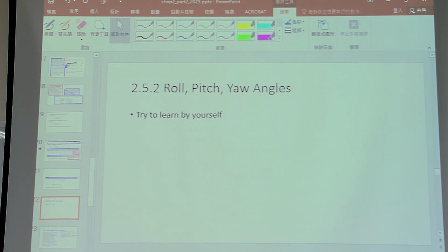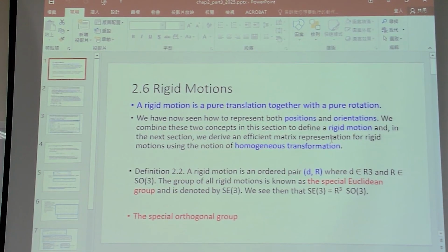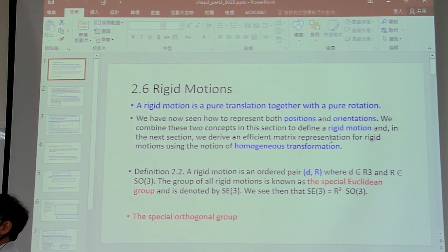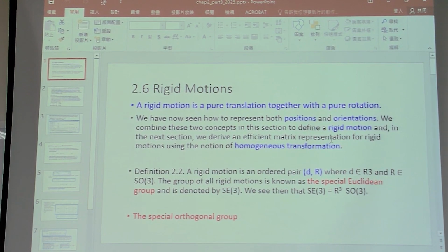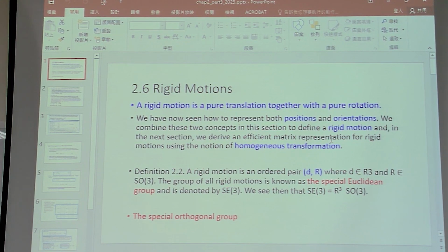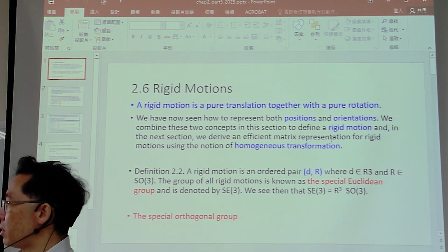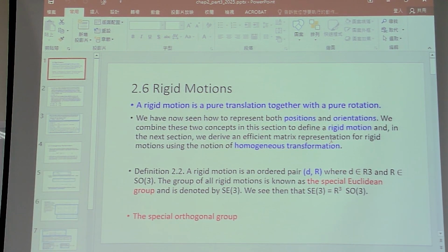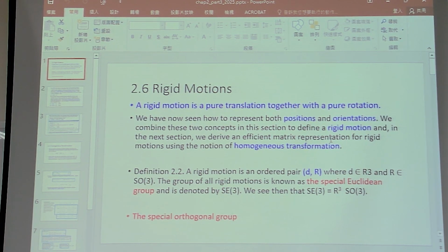For the Roll-Pitch, I think it's worth describing, but let me take a look. After we finish the rotation section introduction, we have Euler and Roll-Pitch. I think I just delivered it as homework to you last year. Okay, but it makes sense. So the rigid motion